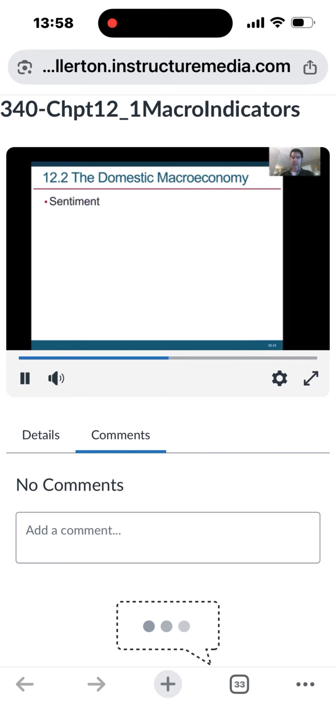Okay. Finally, the last one here is sentiment. And what is sentiment? Sentiment is consumer sentiment, and sentiment is just whether people are optimistic or pessimistic about their future. Okay, whether they think the economy is good or bad, whether they think their job is secure or not. And this one